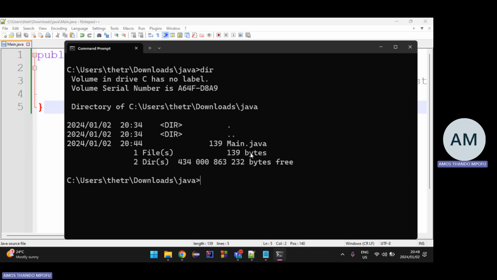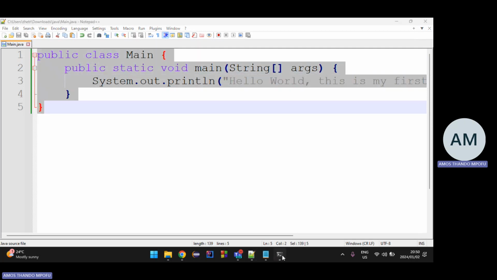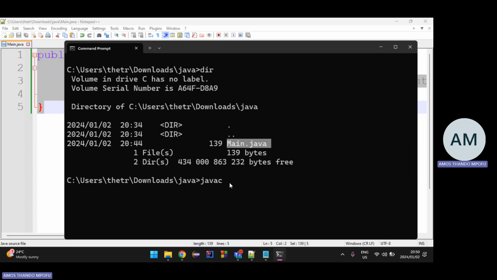So now I'm going to call my translator. It's called javac, meaning Java compiler. We're going to convert, compile or translate the statements inside here. All of these words are going to be translated to machine code, or zeros and ones.